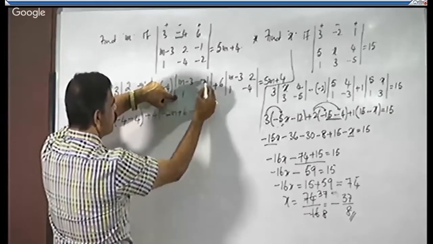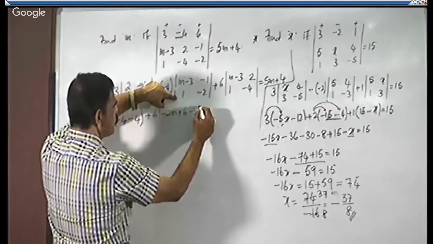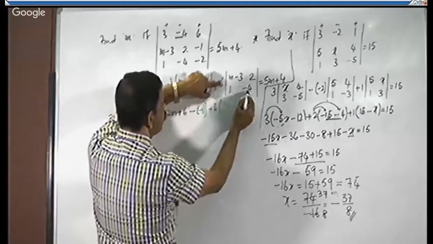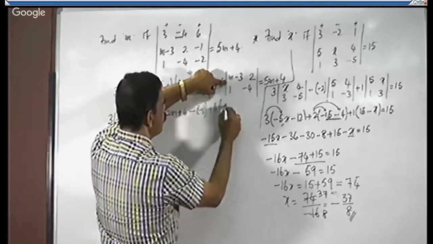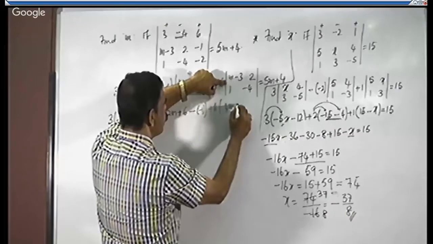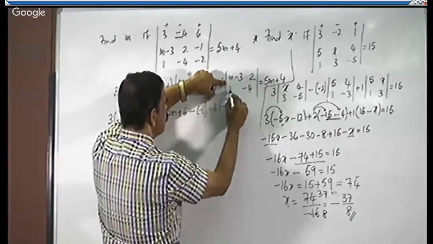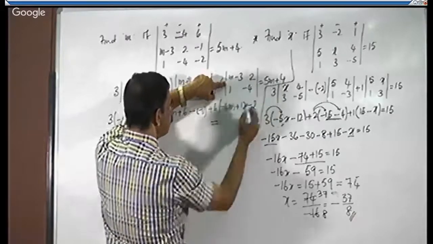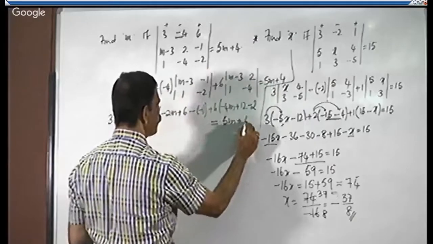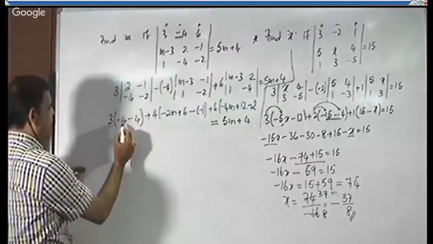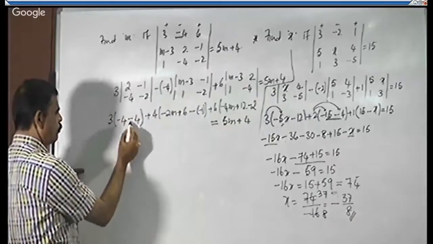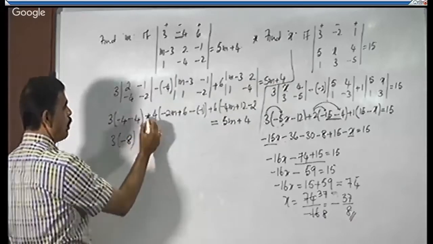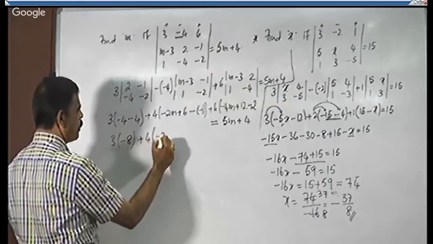Formula minus, multiply secondary diagonal elements. 1 into minus 1 is minus 1. Plus 6 into, again, product of principal diagonal elements. Minus 4m, minus into minus plus, 4 3s are 12, minus, formula minus 1 into 2 is 2, is equal to, the right side term is what? 5m plus 4. Minus 4, it is minus 8. Minus 8 into 3, or you can take minus 4 minus 4 minus 8 plus 4 into minus 2m.